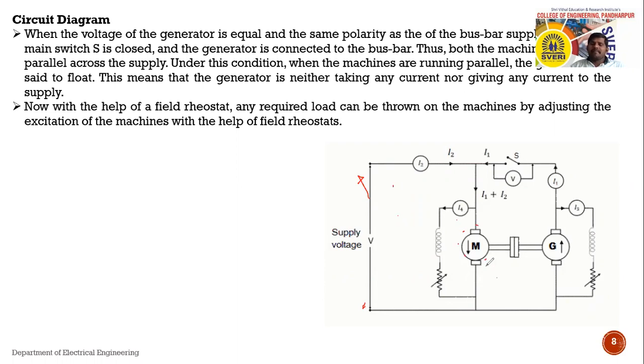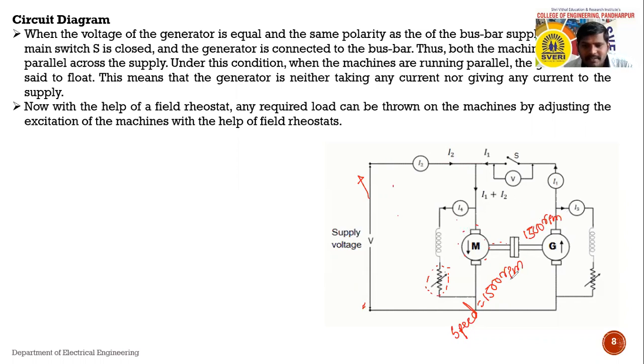Motor will start rotating at somewhat speed. Now by varying this rheostat, हा rheostat vary करून काय करणार आपण, we are achieving the rated speed of the motor. Suppose we are achieving the speed of the motor 1500 revolution per minute. ही मोटर 1500 revolution per minute ला काय होते, रन होते. Now there is a direct coupling between motor and generator. So the generator will also start rotating at the same speed as that of the motor. Motor च्या same speed ने काय होईल तो रन होईल.